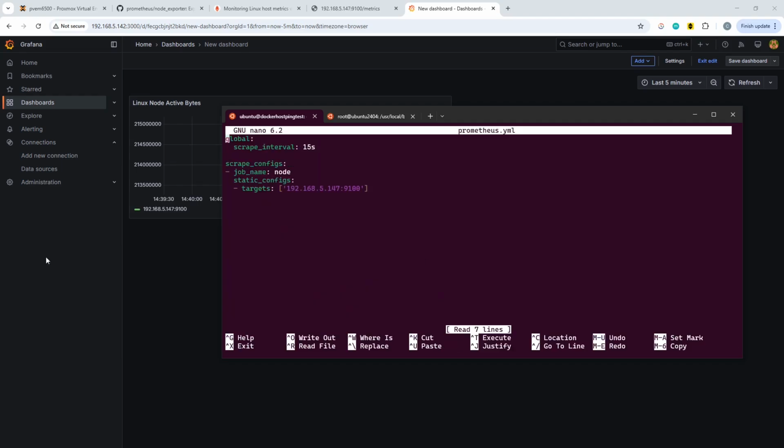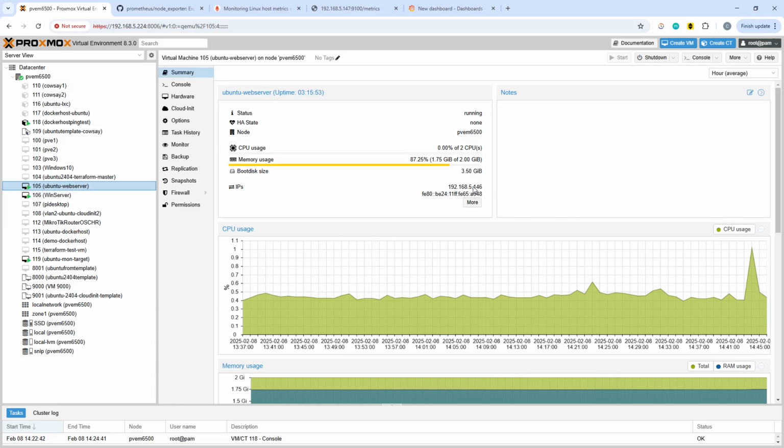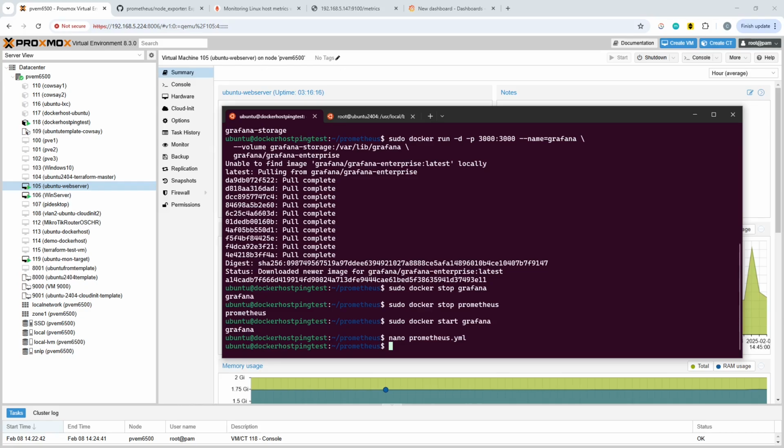prometheus.yaml again, and what we'll do in here is rather than simply having a single target, we'll edit this and add another one, because in our environment, what I didn't mention is there's actually another host that I've already got configured with the same exporter on it, and that's running on 192.168.5.146. Now, all being well, and I haven't practiced this bit, it should allow us to add an extra node. So if we pop that in as part of this array, 192.168.5.146:9100, another single quote at the end, save the file,